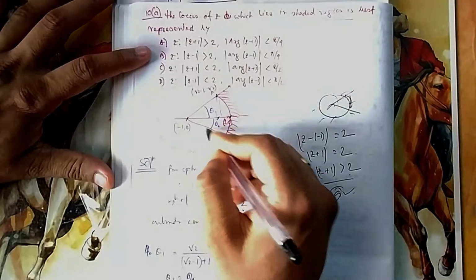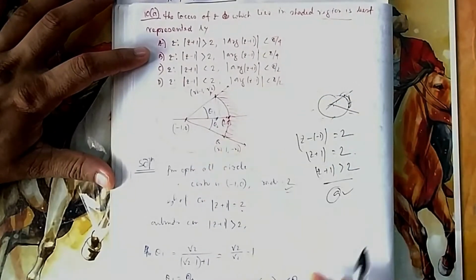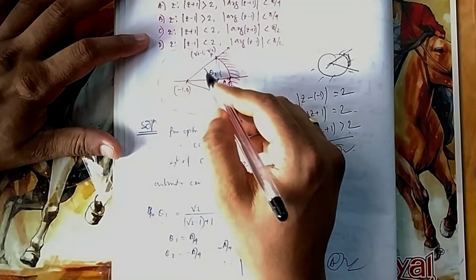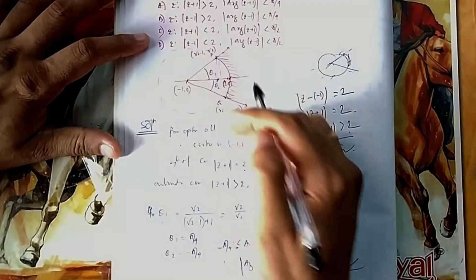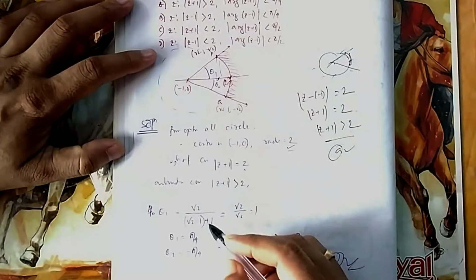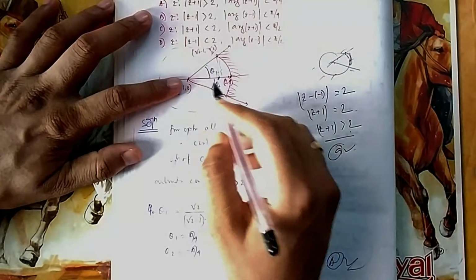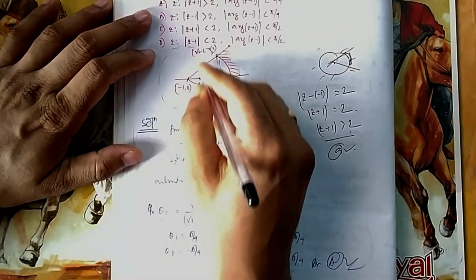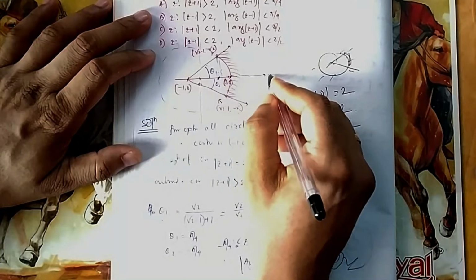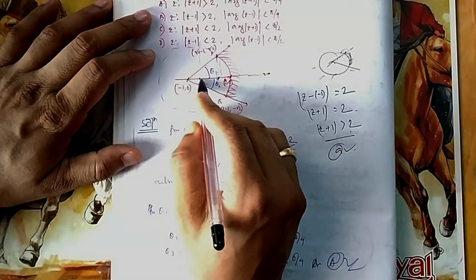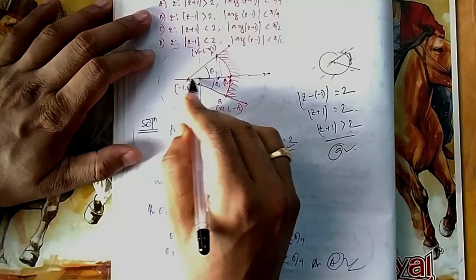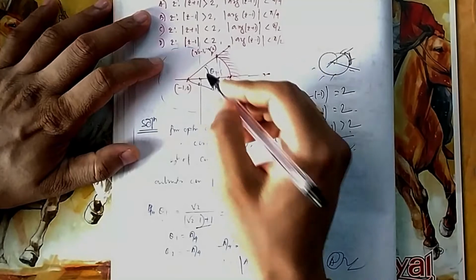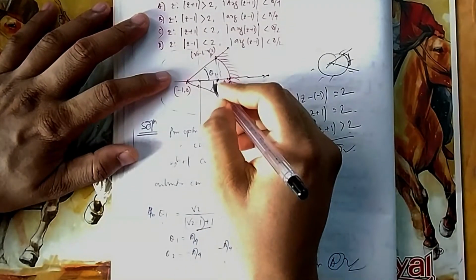The argument of this one and the argument of this one. Now if you check this argument, tan theta 1. Suppose I want to find this angle. Let me see what the argument is. This will be root 2, height is root 2. Suppose 0, 0 is here, this would be somewhere the x-axis and y-axis. The distance from here to here is root 2 minus 1, and from here to here it is 1, so the distance here is root 2 minus 1 plus 1, so it is 1. That means the angle is 45, and this angle is minus 45.